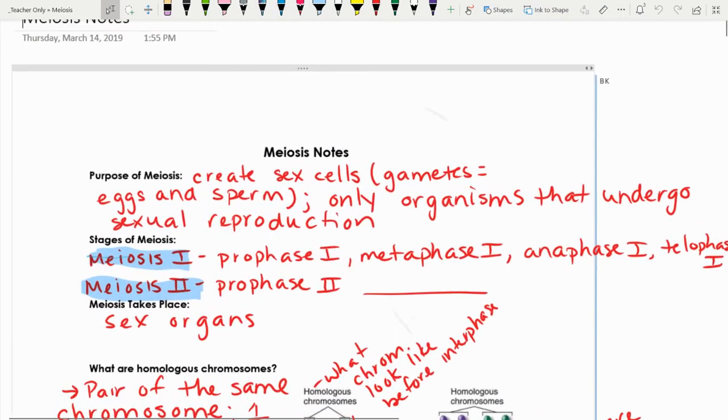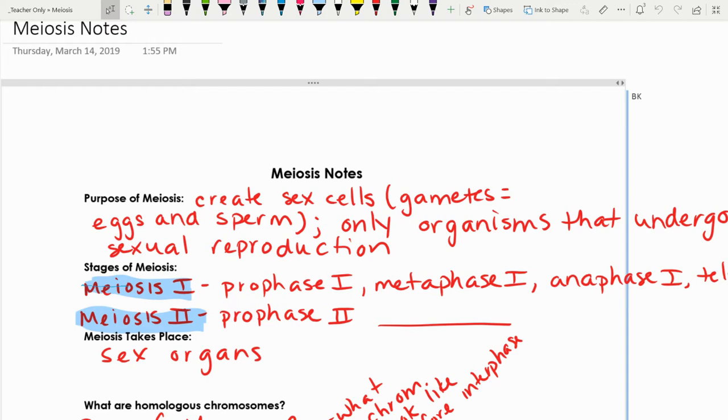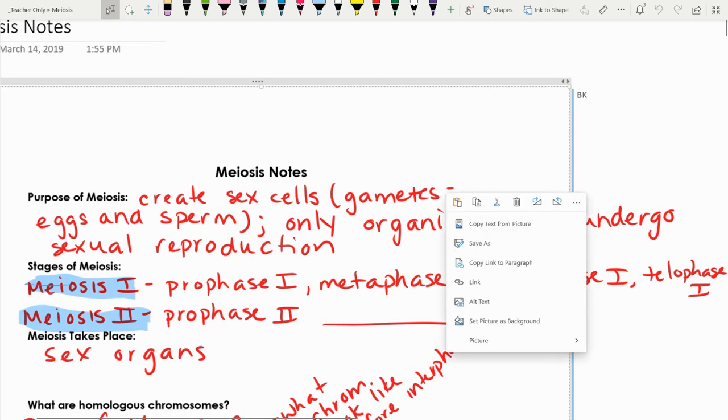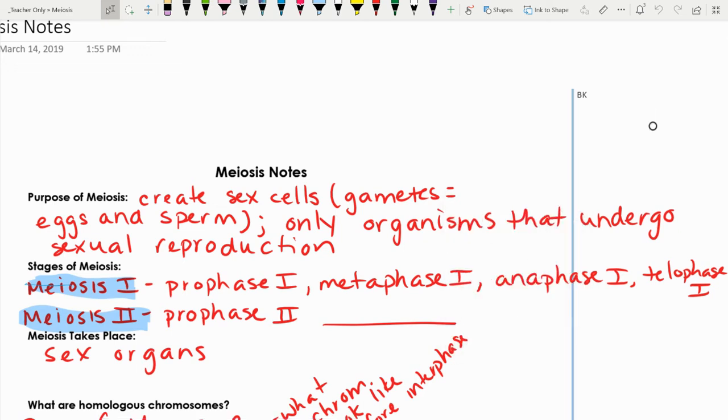Hello, everybody. So today's going to be notes on meiosis. I told you a little bit the other day that meiosis is the other cell division, a special cell division, because the purpose is to create sex cells, which are also called gametes. Gametes would be sperm and egg cells. Only organisms that undergo sexual reproduction have this type of meiosis. If they have gametes, egg and sperm, these types of organisms, like us humans, have this cell division called